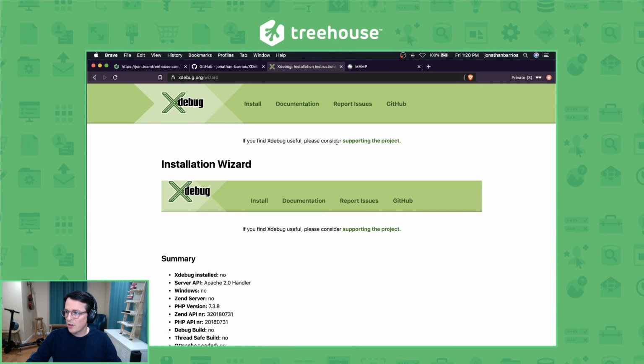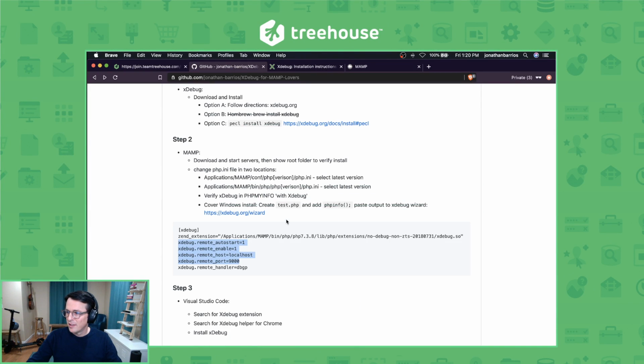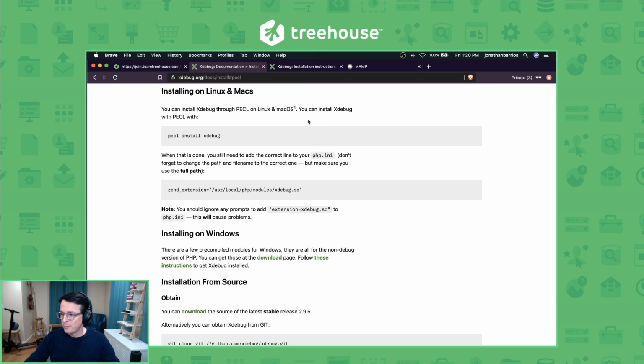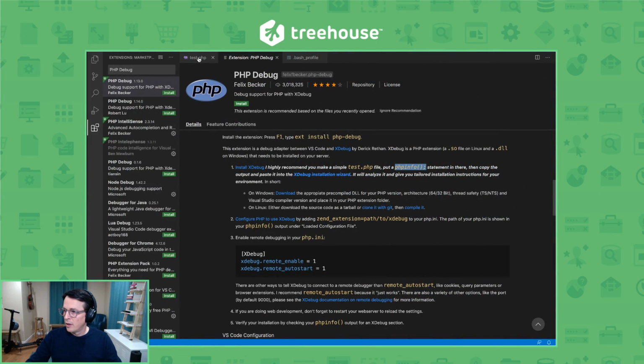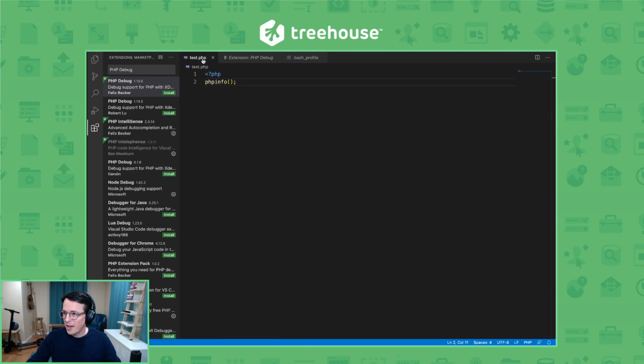So the other way to do that is here, and this is also in the repo. So I would follow these instructions for Linux and Macs, and that works. All right, going back to these instructions. So the other way of doing this is by creating a test.php file, and just remember to add the starting PHP tag, and then when you add this information